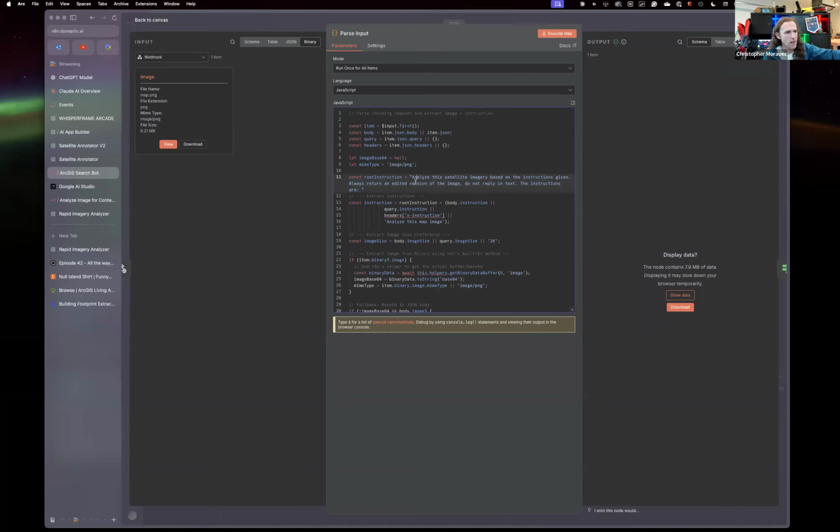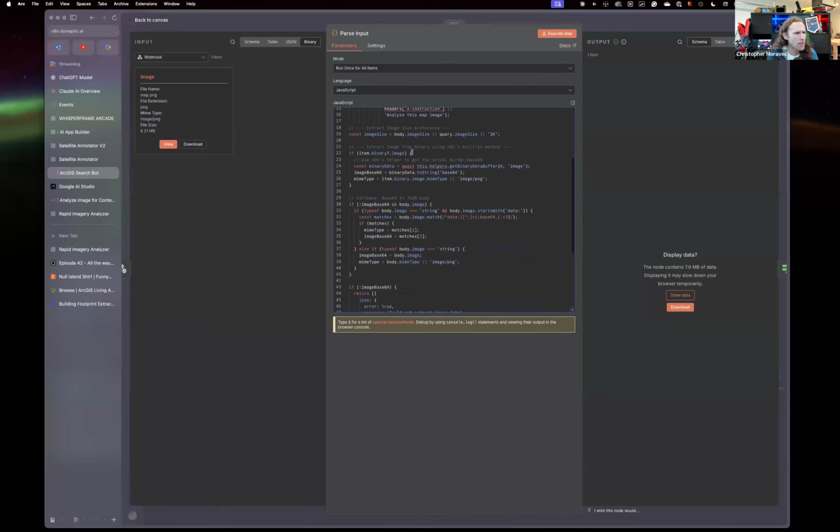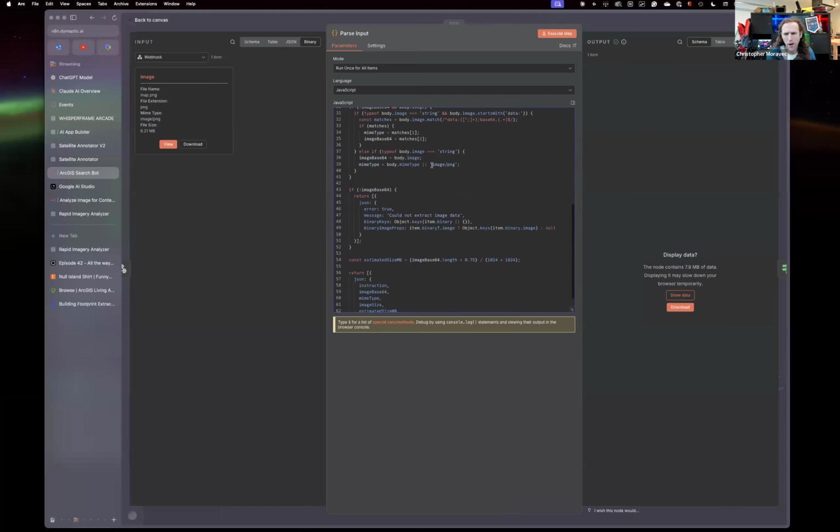So analyze the satellite imagery based on the instructions given, always return an edited version of the image, don't reply in text, and the instructions are, and then whatever the user gave me, right? So in our case, our example, draw a red line around all of the swimming pools. So we take that and we basically clean that up and extract the image out of the uploaded